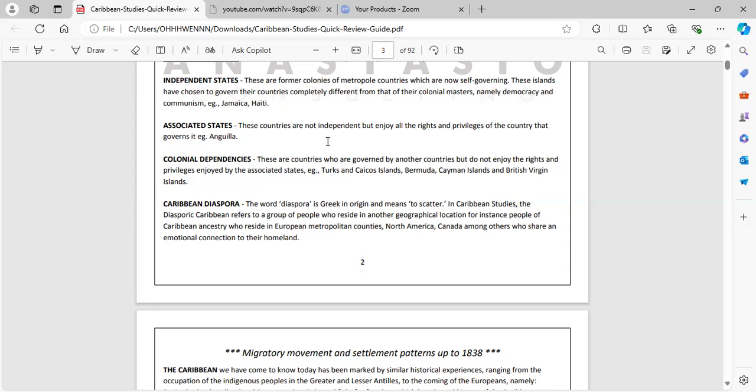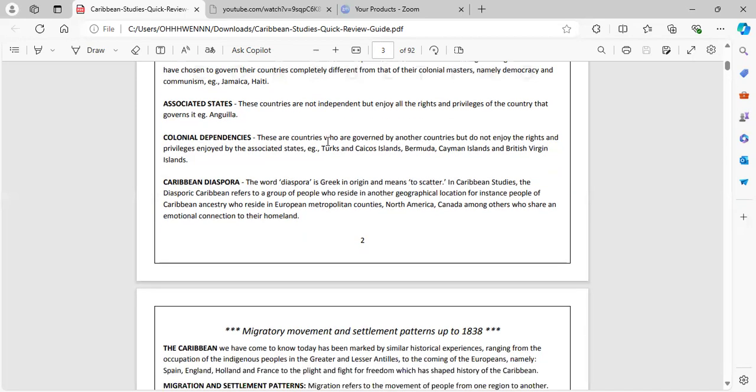While Puerto Rico might be independent to some level, they're not fully independent because for certain international affairs, the USA has to govern. But with these countries, none at all, they're not independent. A certain country governs every single thing going on in the country. So for the colonial ones, you have to understand that the UK governs them.